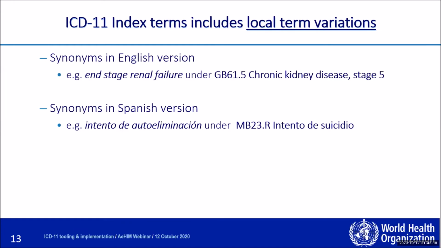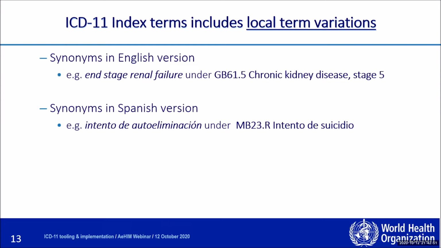So, for example, in Australia, for most of the physicians, you won't find the term stage 5 kidney disease, but what you will find in the death certificates is the term end-stage renal failure. So after we identified this through the analysis of death certificates, we incorporated these kind of local term variations in the index as an additional index or synonym or index term,